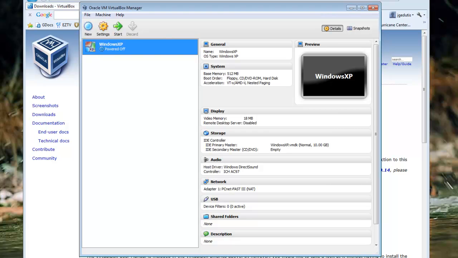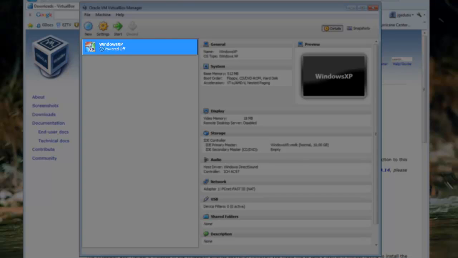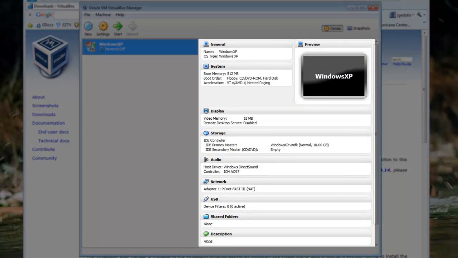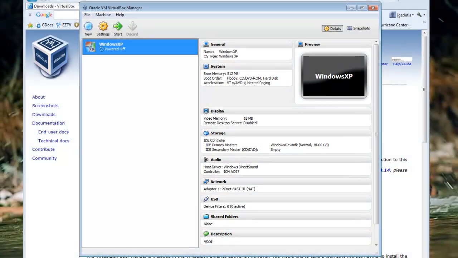We have now set up the virtual disk and told VirtualBox what guest operating system we plan on installing on this virtual machine. The virtual machine is listed on the left side of the window, and the information and virtual hardware are listed on the right. We now need to install Windows XP. You can install Windows XP with either the installation CD or with a disk image, such as an ISO image.